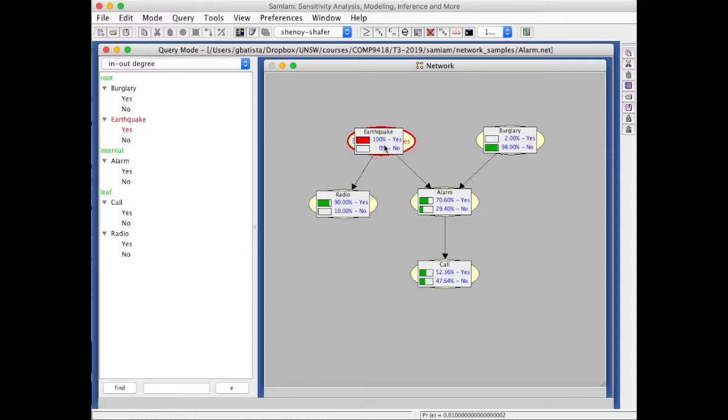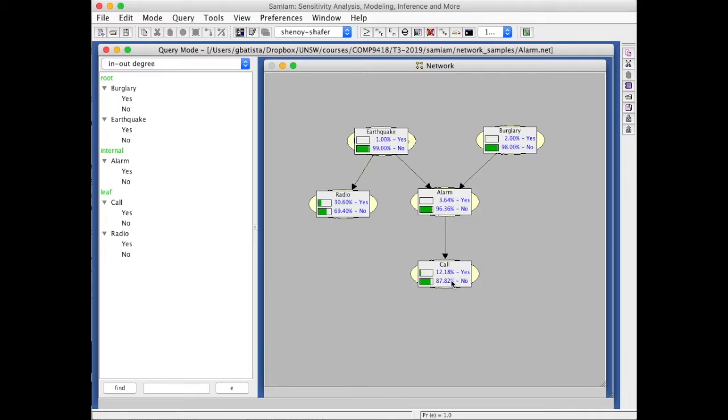So basically the Bayesian network is only coming here in a specific row because it has just one parent and this parent was specified, and take the value from there. For the remaining nodes, there is a little bit of inference going on because for alarm there are two parents and just one is specified. Burglary is not. So we can see that alarm increased to 70 and call increased to 52, and before it was only 12%. So this is the influence coming from the top to the bottom,